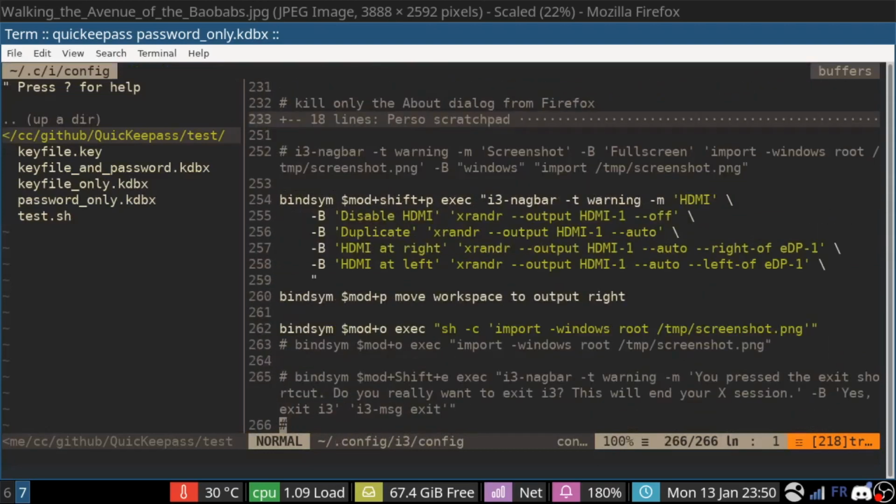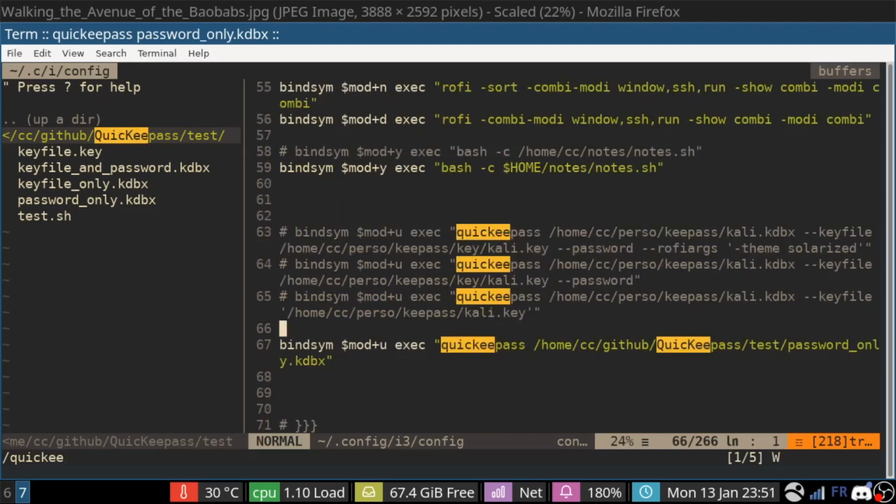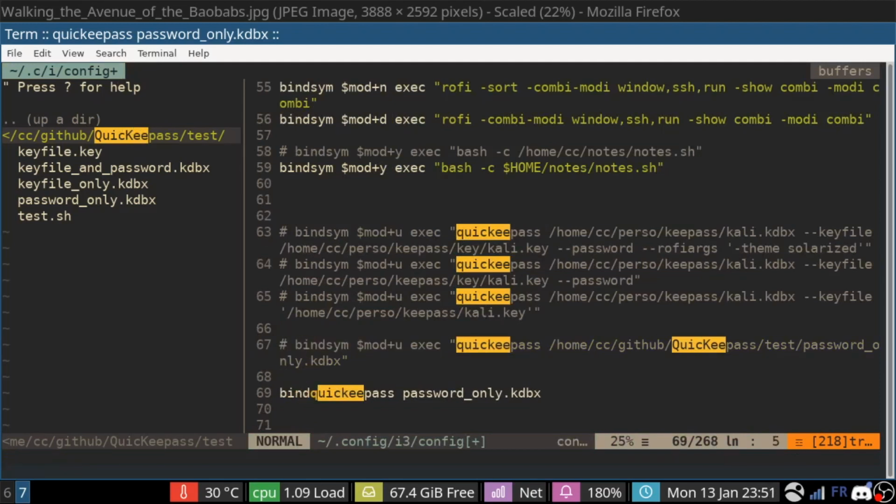In this file I will be able to put the key bindings for my system. Let's say that I want to add a key binding for QuickKeePass. So it's bindsym mod+u, because I like this one. Then exec and the command that you want to execute.